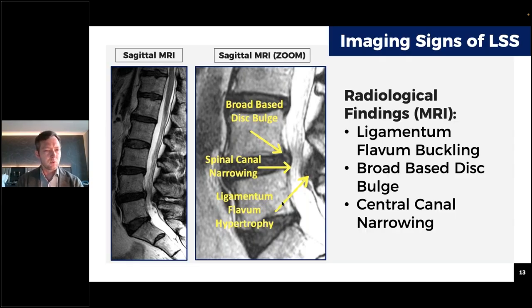And so we tend to think that the sagittal T2 or STIR tends to be the money sequence on this. And I would say that you can see quite a bit of the action from this. The axial is really the one that will tell you the degree of your stenosis, but it's very important to be able to look at the sagittal. This is sort of an analogous view to what we see on the lateral X-ray and what we're going to see on a lateral view under fluoroscopy.